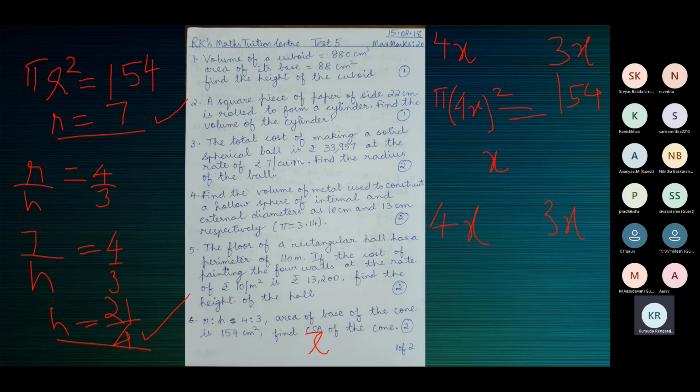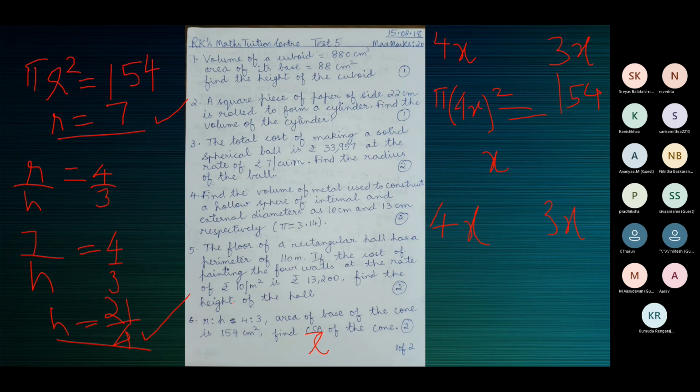What is the value of L? Thirty-five by 4. Very good, Sangamitra. 35 by 4. It's the square root of which fraction? 1225 divided by 16. And the square root of 1225 is 35. You should know the long division method. And the square root of 16 is 4. So 35 by 4 or 8.75.